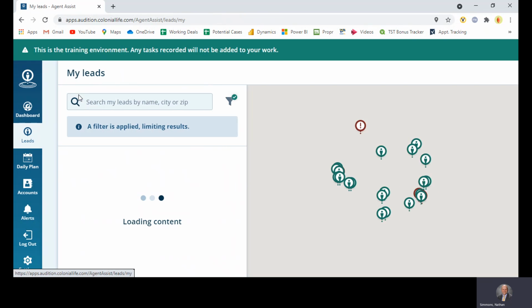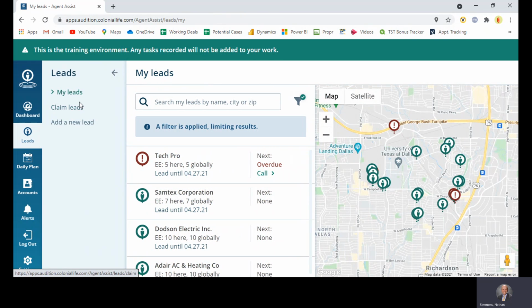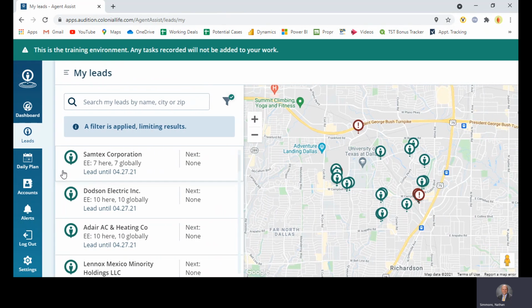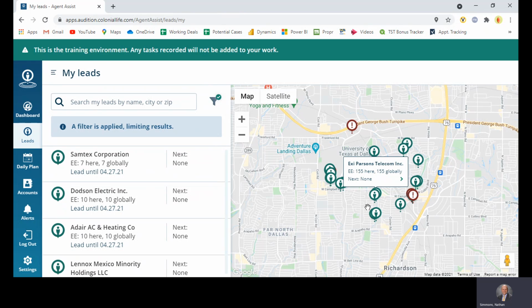So, last thing that I'll show you, which is probably going to be more useful than anything, is when you're making phone calls with folks and you're actually verifying companies. So, let's say I'm just doing some qualifying calls. All right, I'm sitting in my office and I'm trying to verify some leads so I have a good clientele to call at the end of the week to try to set appointments with them. So let's say I'm just going to start calling,